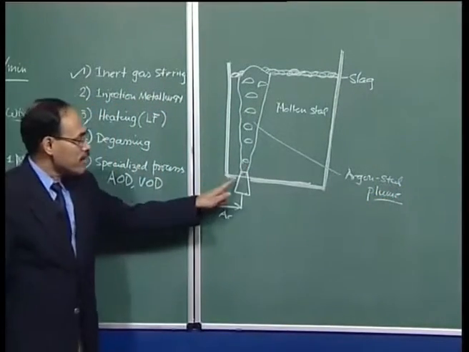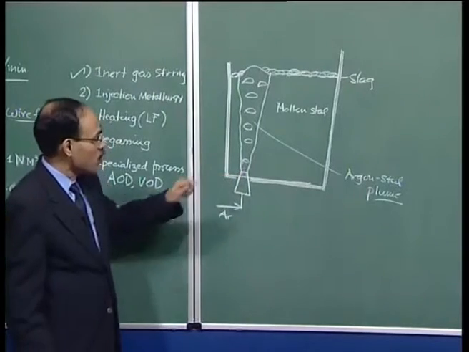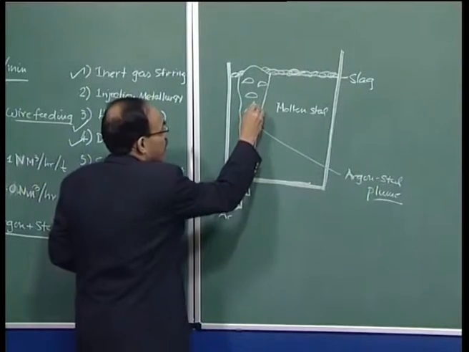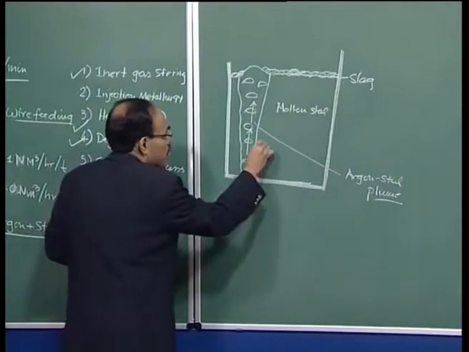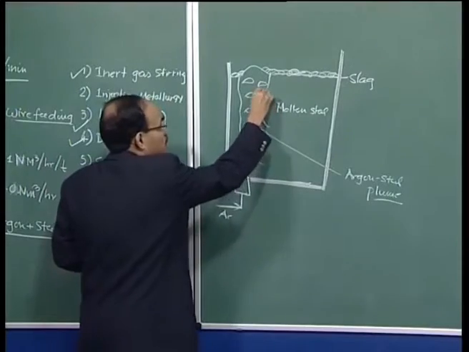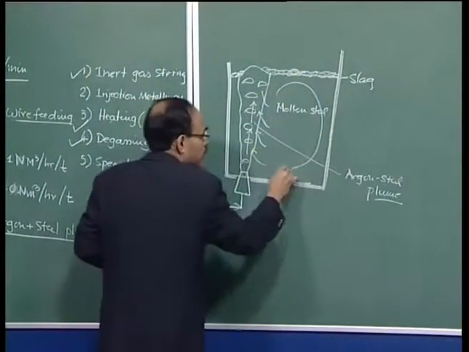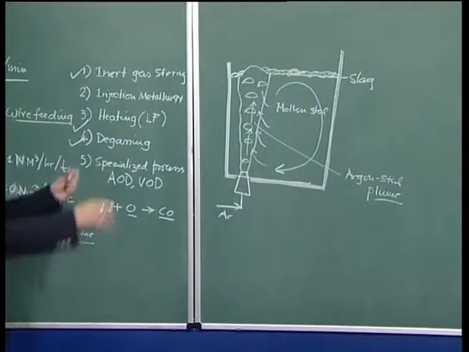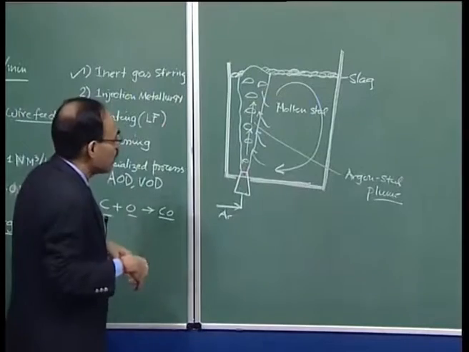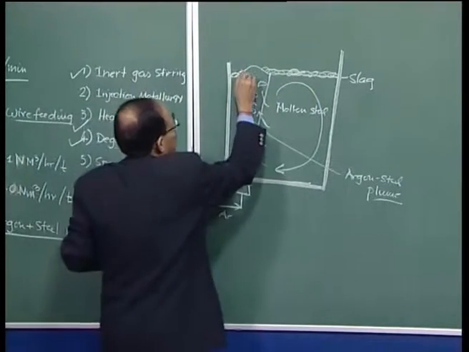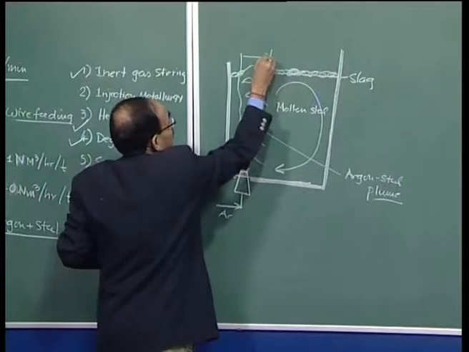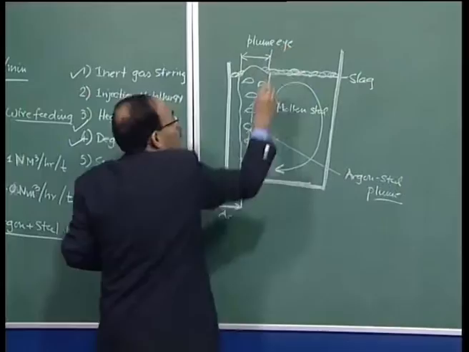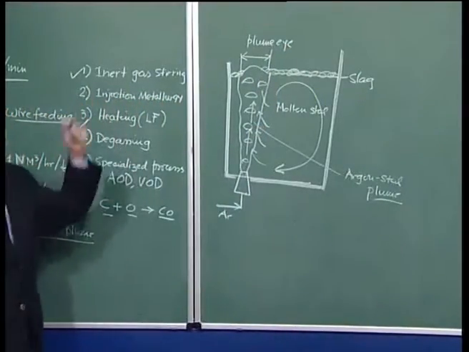So we can expect that as the gas is issued from the porous plug, the gases rise, and as the gases rise, they draw along with them molten metal, and as a result it creates an intense flow within the system. Also, the gas has to leave to the surrounding, and this is typically called the slag eye or the plume eye. Through this, the argon bubbles escape to the surrounding.